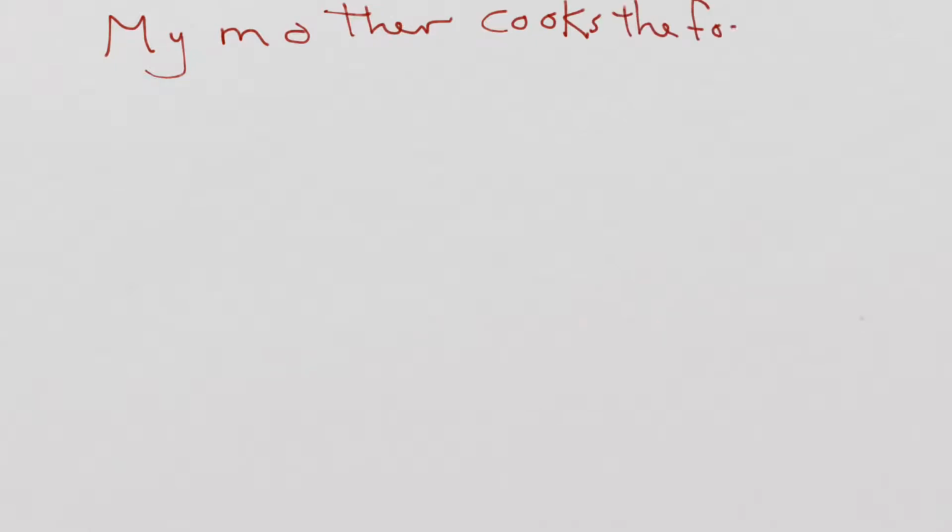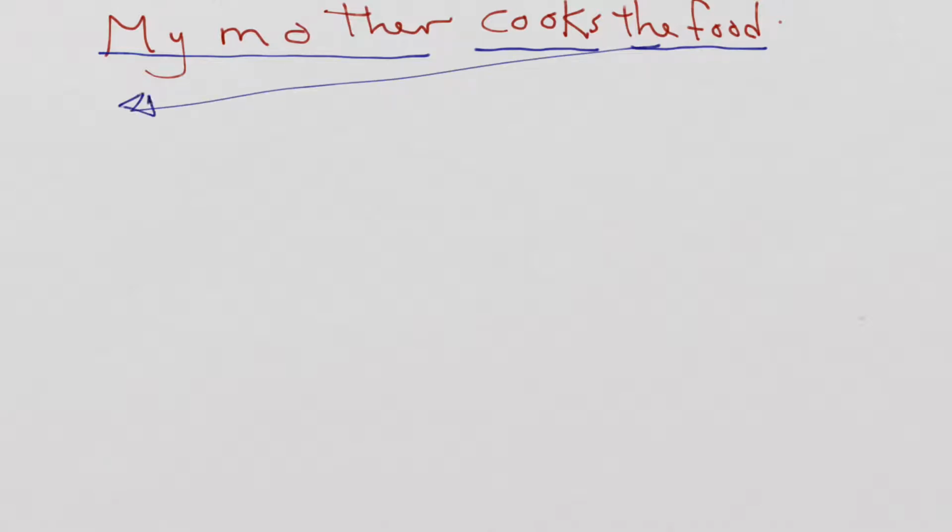Let me give you examples. Okay, when I say, for example, my mother cooks the food, and you're asked to change the sentence into passive. As I told you before, you have to specify the subject. So the subject of the sentence is my mother, and then the verb is cooks, the object is the food. So we have to begin with the food,